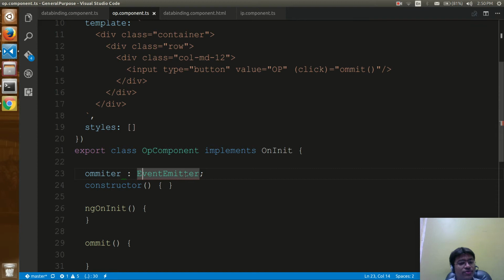Omitter of type EventEmitter, and remember that this is a generic class, so it is telling me which type of data you are going to emit. So here you are saying I am emitting the string type of data. It's a generic. So tomorrow you can say this component can emit car type of data, this component can emit some other type of data. Presently this component is emitting string type of data, right? And I'm attaching this with @Output